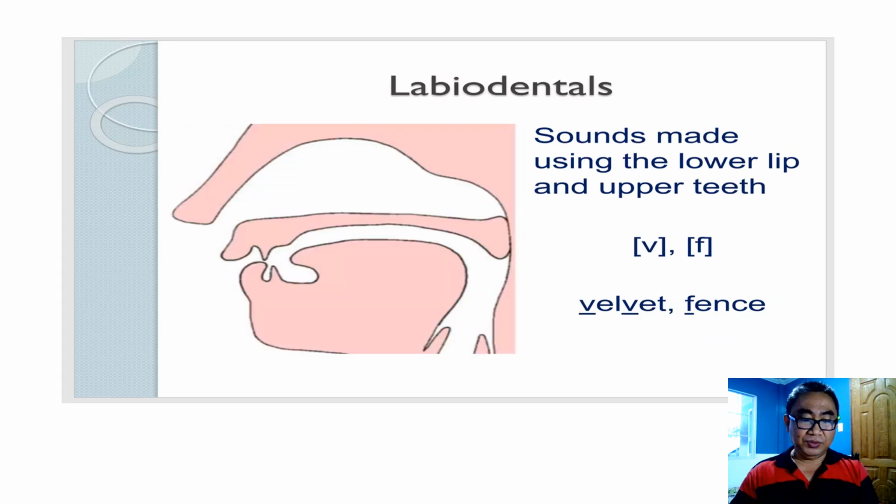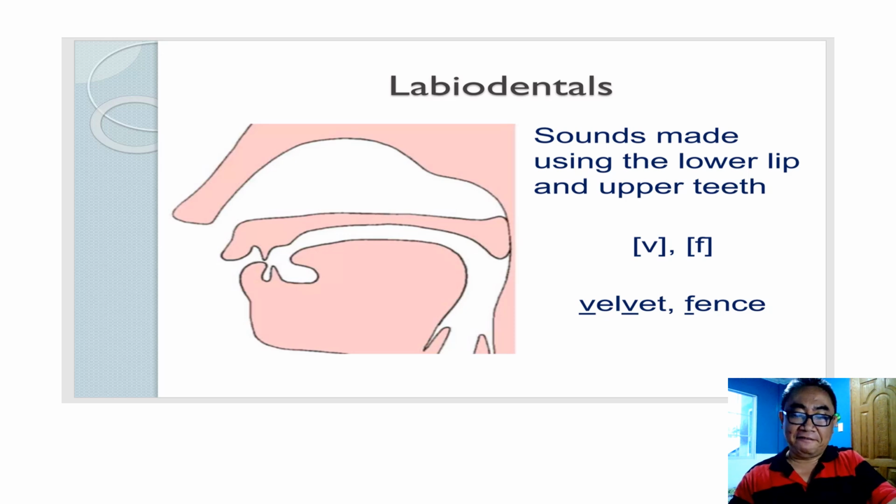So we will go to the labiodentals. Labiodental refers to consonant sounds produced when the top teeth make contact with the bottom lip. And there are five possible examples of labiodentals. These labiodentals are exactly consonant sounds produced when the top teeth make contact with the bottom lip, as in